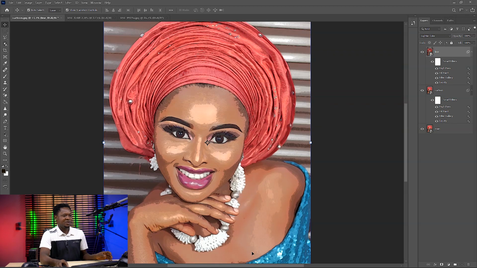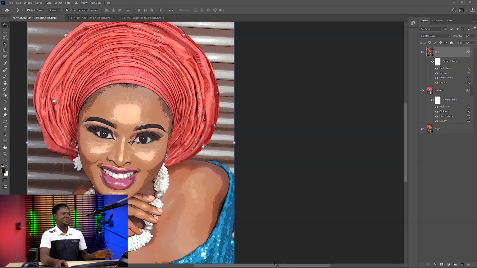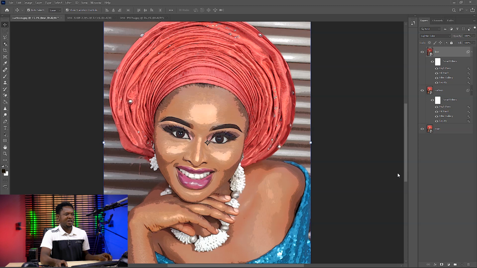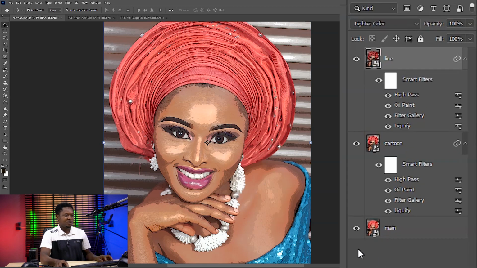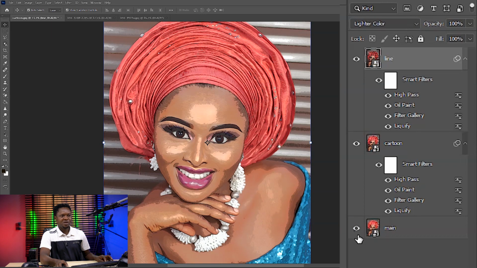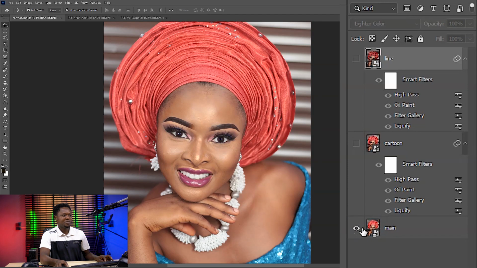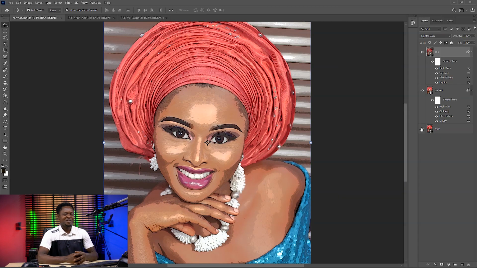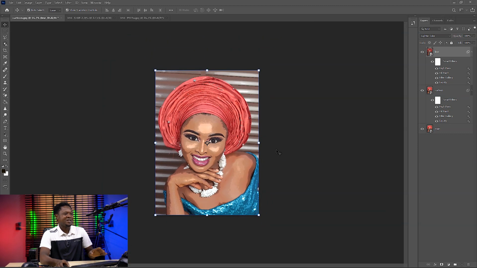So taking a look at this now, you notice that we have a cartoon looking image. So this is a portrait, and let's see the before and after. We are going to hold our Alt and click on this box here to see the before. Then if we click on this box, these other layers are going to be disabled. Then we'll have the before. Then click it again to enable it. Have the after. This is before, this is after, this is before, this is after. Isn't it amazing? There's something else I still want to show you, do you know that